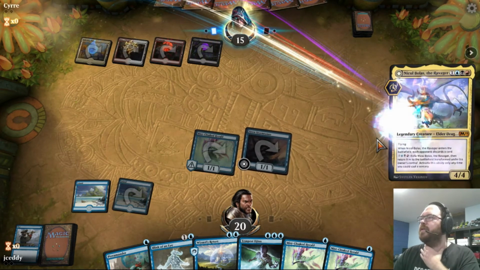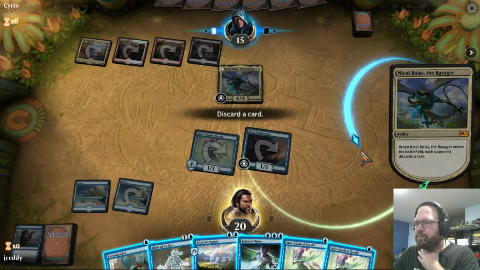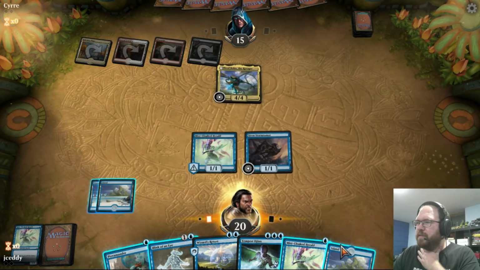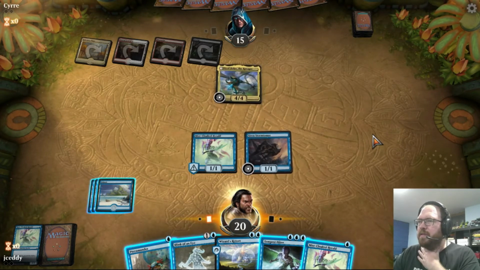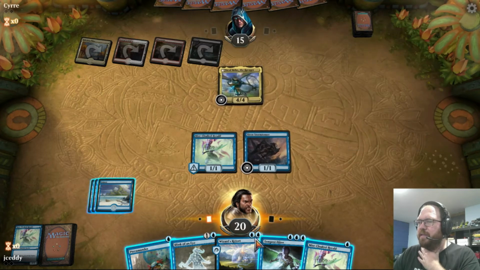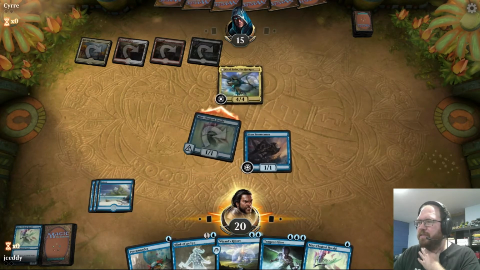Maybe it's going to be... What is it, Nicol Bolas? What can I discard? I'll discard a Mist-Cloaked Herald. Don't need a ton of those. Eventually I can Blink of an Eye and then counter that, but I can't do it quite yet, so